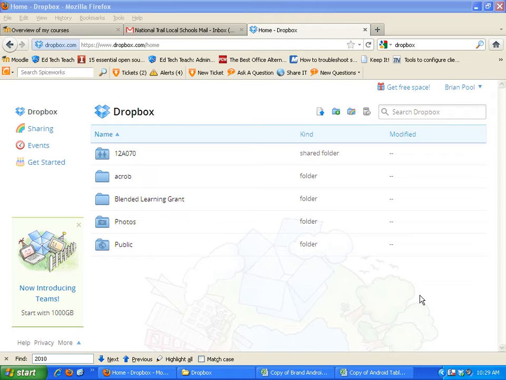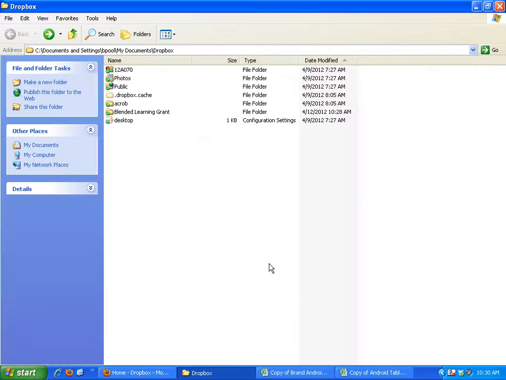This video is on how to use Dropbox and basically why to use Dropbox. If you follow the link and establish your Dropbox account, it may ask you to download the installation. That is for your home computer. At home, you can install Dropbox, and it will automatically make a folder like this one,